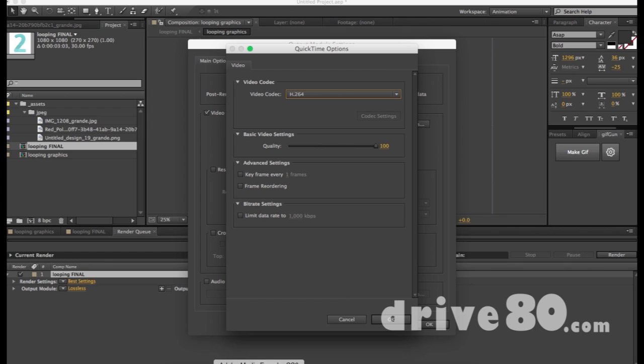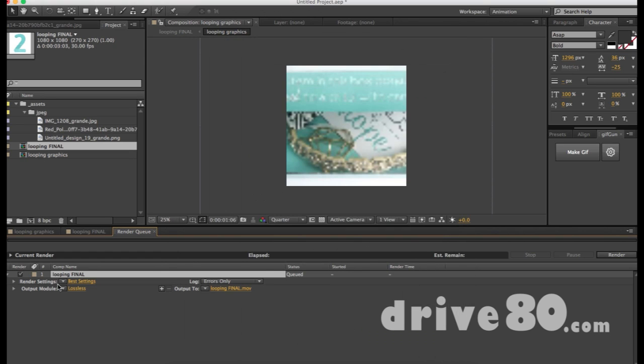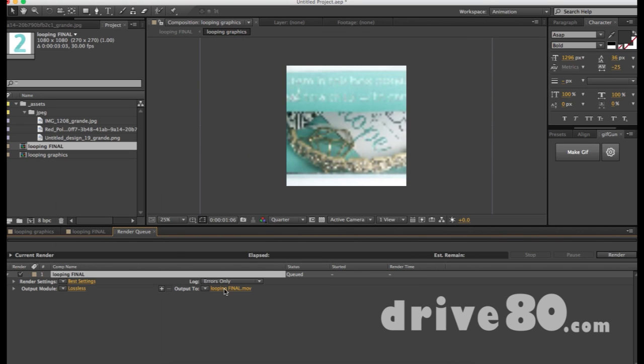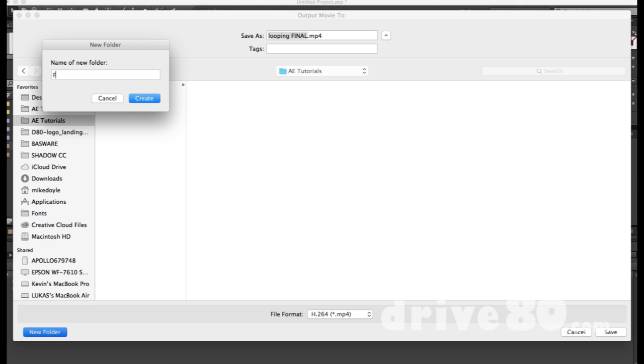You can also use the media player. But yeah, so I'm going to cancel out of here. I don't have any audio in this, so I don't need that to be on. I don't need to resize this because I want it to be 1080 by 1080, and that's fine, so I'm going to cancel. But since I have the preset, I would hit H.264, and then I'd click my output options right here, and I would find where I want this to live, which would probably be here, and I'd have a folder that said final